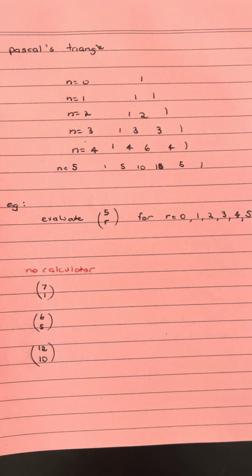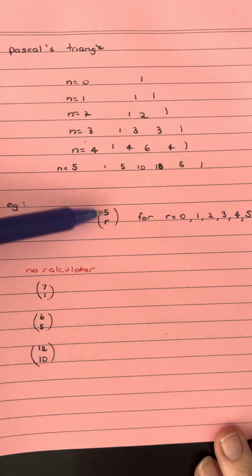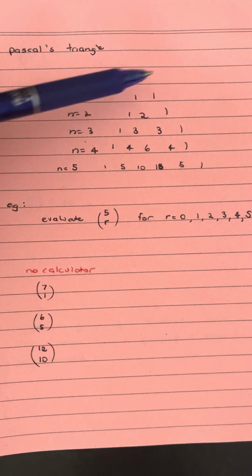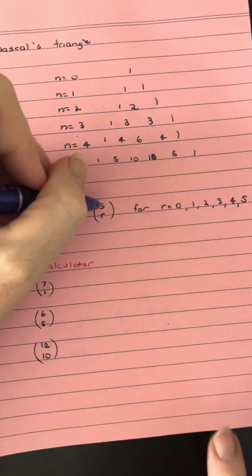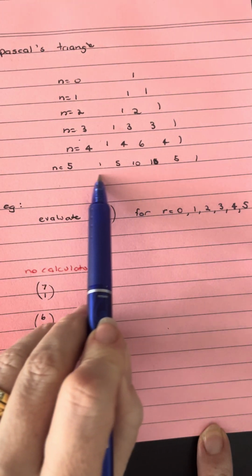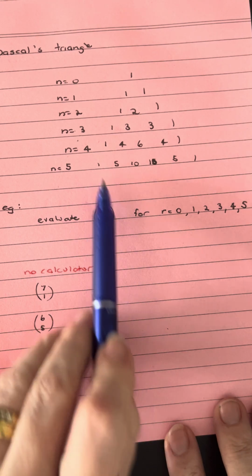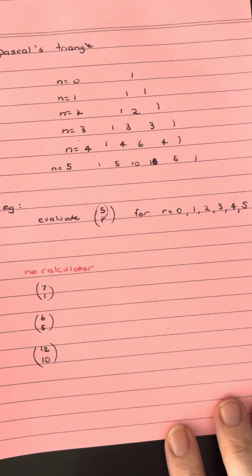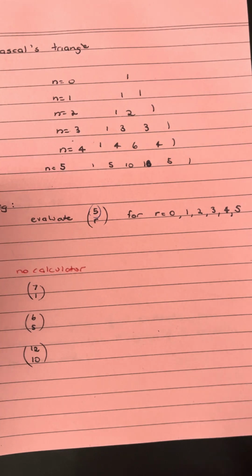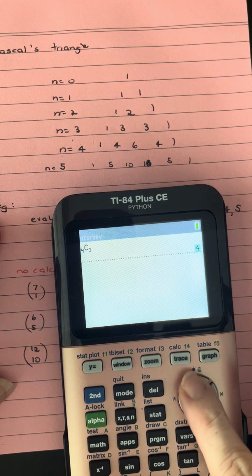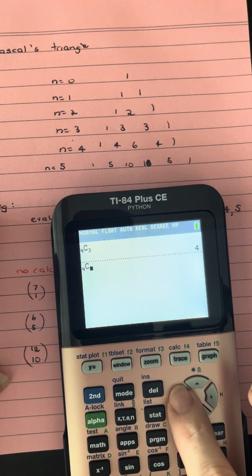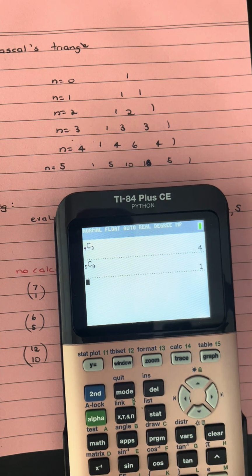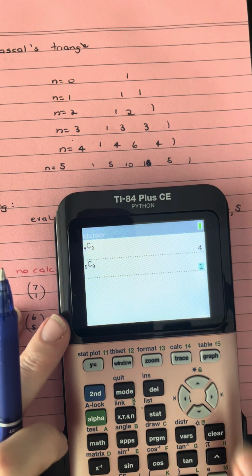So looking at a couple of examples of how we can use that, we've got evaluating 5Cr if r is equal to 0, 1, 2, 3, 4, 5. So a couple of options. We could use Pascal's triangle, and this 5 here tells us we are looking at row 5, and then that would give us our answers of 1, 5, 10, 10, 5, 1 there. The other option is we could go through each individual one and put them into our nCr there, so if we had our 5, 0, and then we would do our 5, 1,